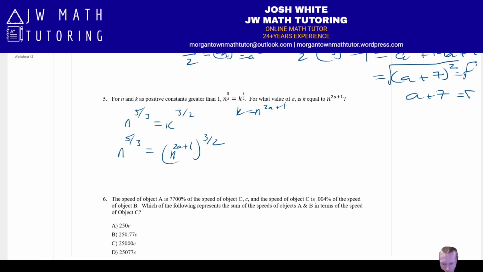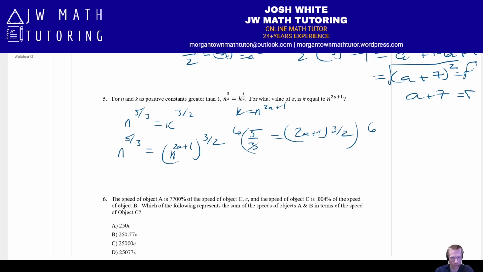Let me just confirm what I did next. Okay, because we have the same base of n, now we can just set the exponents equal. So you get 5/3 equals 2a plus 1 times 3/2. Now you can technically do this whole thing out by hand, but we could just go to Desmos and do it. I think what I did is I technically multiplied by 6 just to clear the fractions